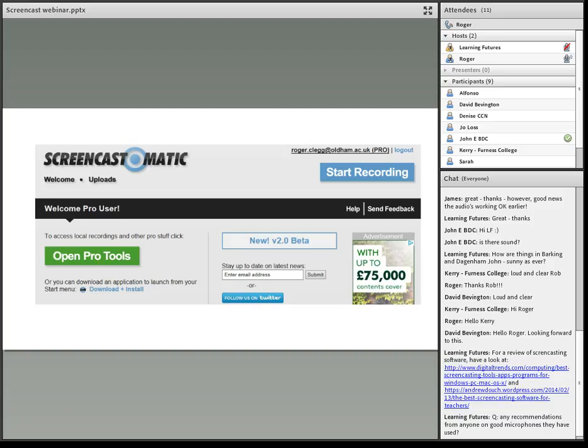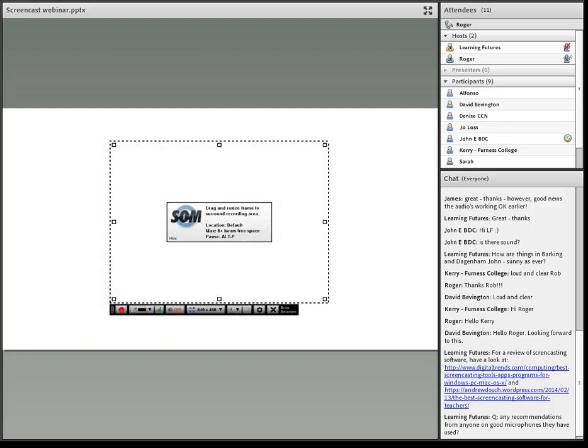Once I clicked on there, it would then take me through, and what I'd find is exactly this square that's on the screen, and that would be on whatever active window I've got open. So it could well be that I'm on a particular piece of software, so I could be on Word, I could be on Moodle, our virtual learning environment, I could be on a staff intranet, I could be on CAD CAM, I could be on images, absolutely anywhere. And it will record, as the word suggests, screencasting, whatever I've got live on my screen. It's a little bit small.